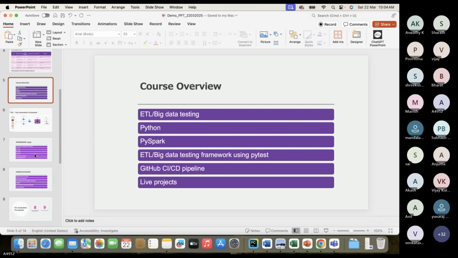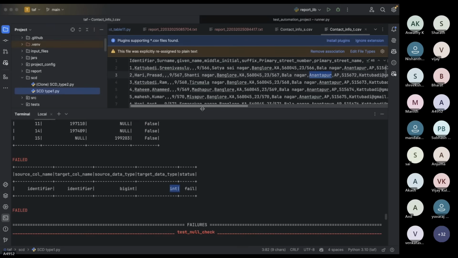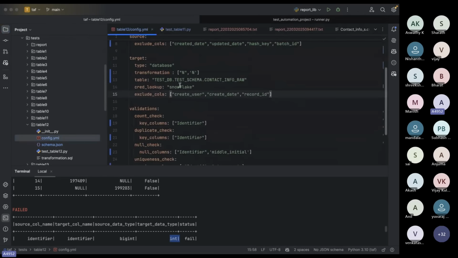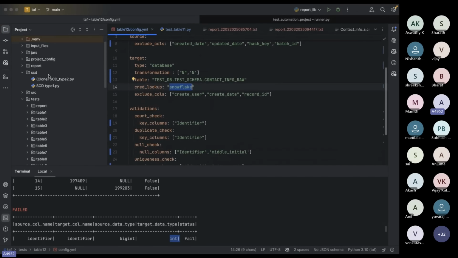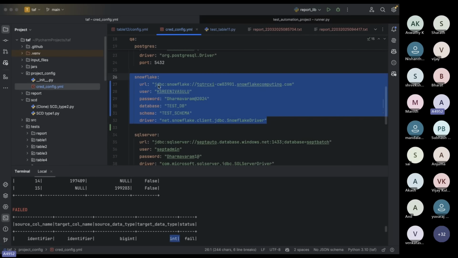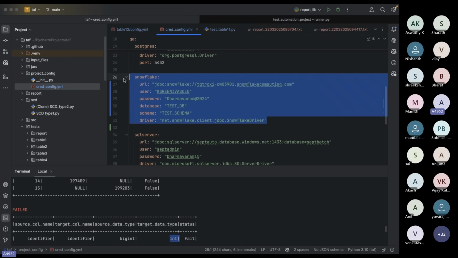Will you also be covering the integration with databases like Postgres or Oracle or any other database? Yeah. The one I just showed, this test case, Table 12, is integrated with the Snowflake DB. The target is Snowflake. You can also see the credentials here. This is not an ideal approach to keep the credentials, but this is a Snowflake account. I've created my own account and kept it. So whenever I execute table 11 or table 12, it will read data from the Snowflake account.